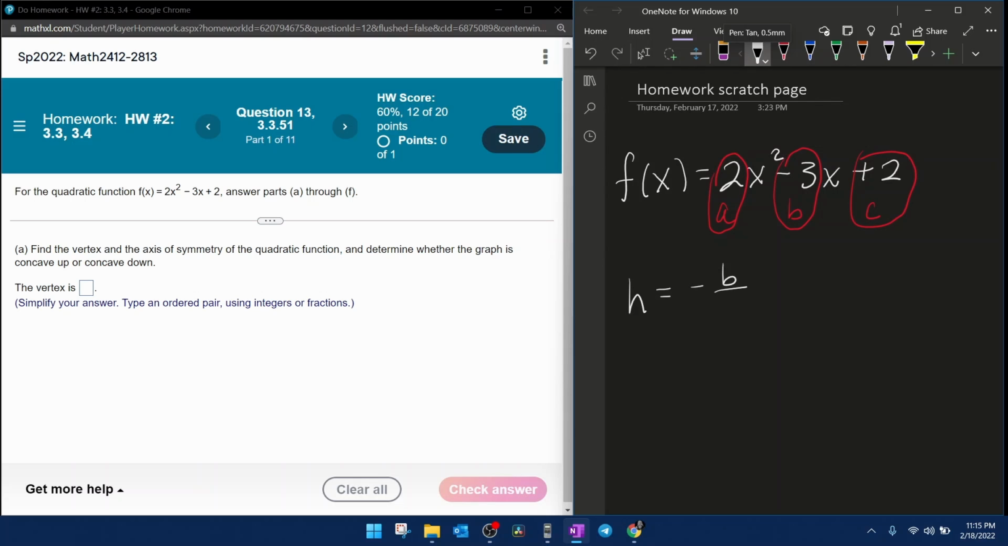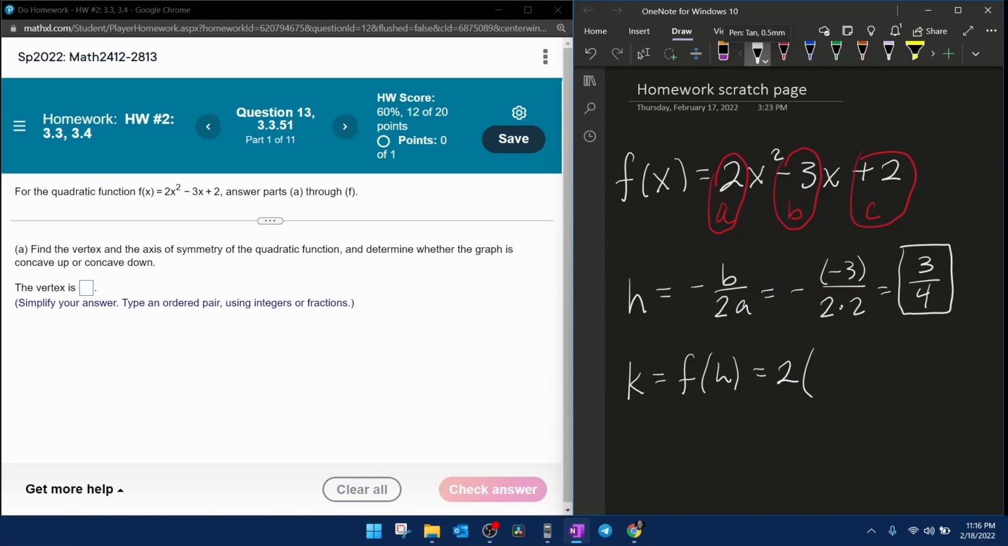H is minus b over 2a, which in this case would be minus negative 3 over 2 times 2, and that's going to give us 3/4. Once we know h, in order to find k, we're going to have to evaluate the function at h. Plugging into the function, we're going to get 2 times 3/4 squared minus 3 times 3/4 plus 2, and then